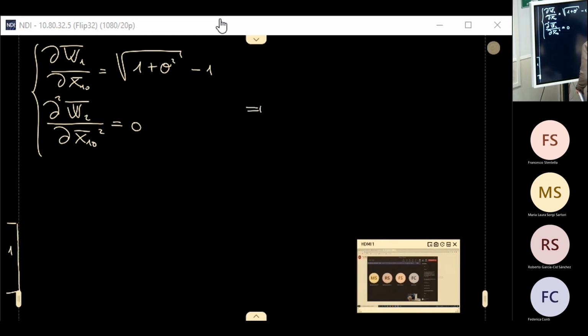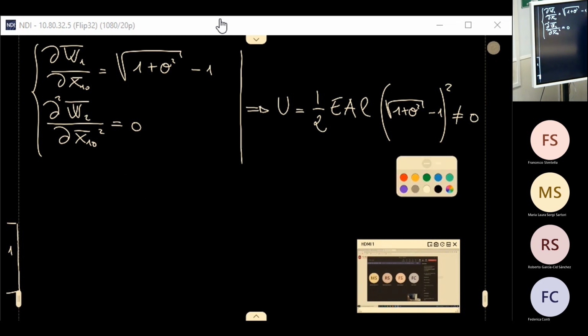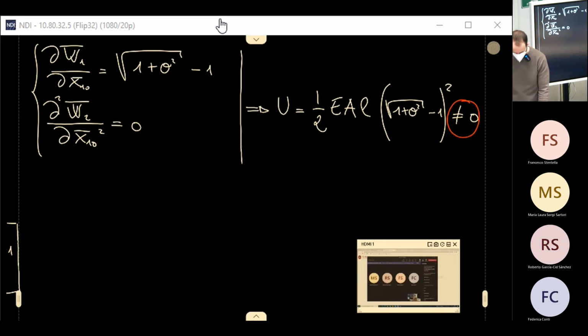And therefore, this becomes... and sadly, this is different from 0. So we have a problem here. This means that, and we will write it clearly,